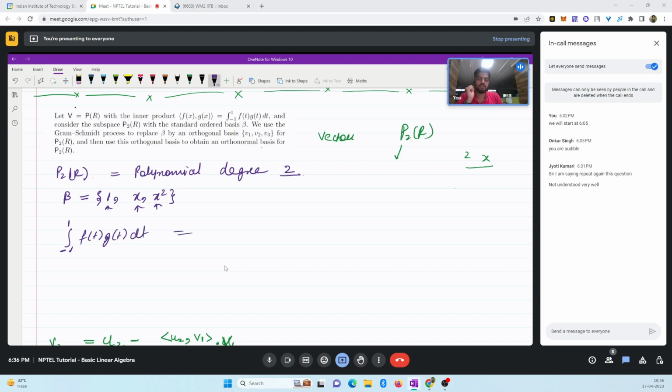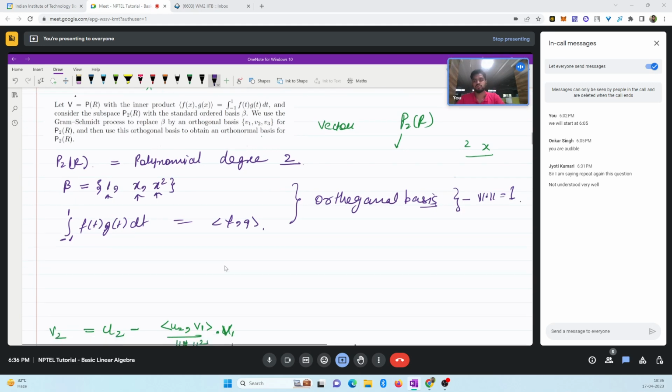This is the inner product between f and g। ठीक है। और इन्होंने फिर बोला है कि using this information we have to find an orthogonal basis, और फिर उस ऑर्थोगोनल बेसिस को कन्वर्ट करना है ऑर्थोनॉर्मल में, ठीक है। So this is the question that we are trying to solve।